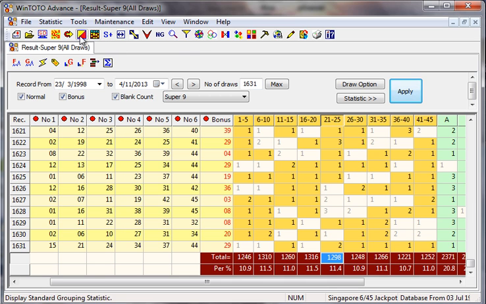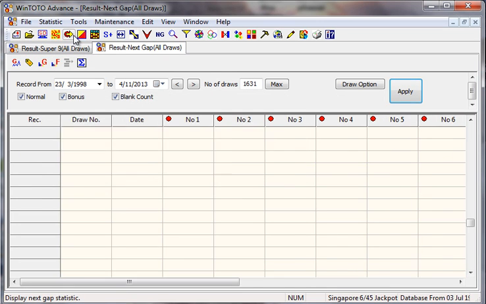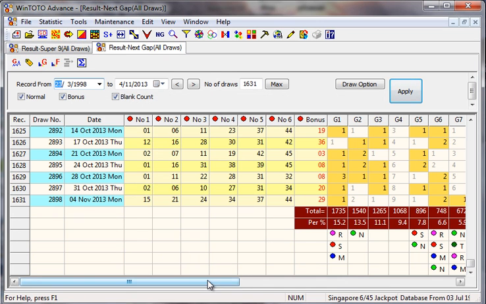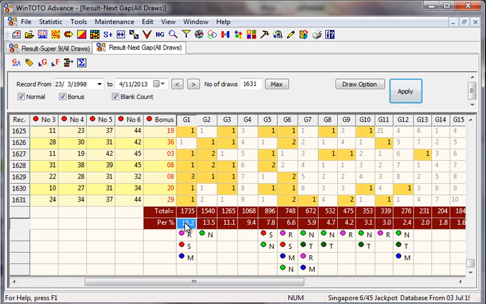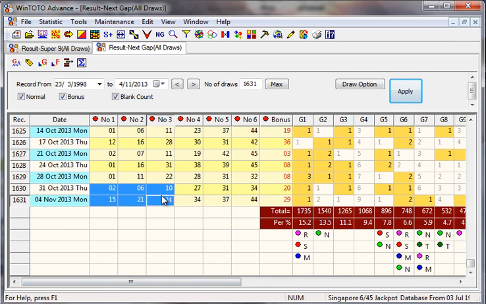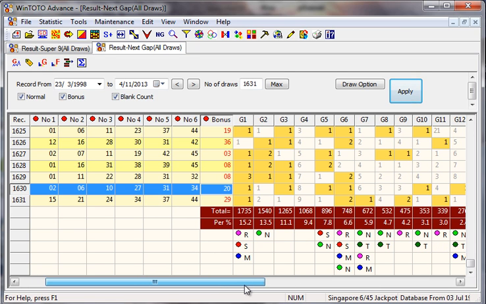OK, let's move on. Now I want to share with you another area of great concern, the NG tables. As you can see here, repeated numbers are coming more and more. It looks like recently there are a lot of repeat numbers, but what really caught my attention is that 2 draws away numbers somehow did not appear. So 2 draws away numbers are here, this group of numbers. And another category that really caught my eyes is 4 draws away numbers, which is here.